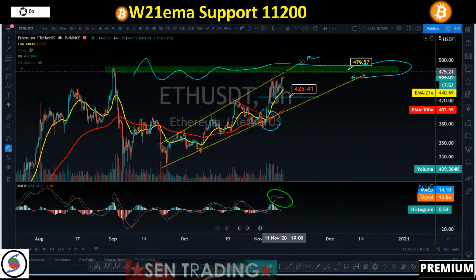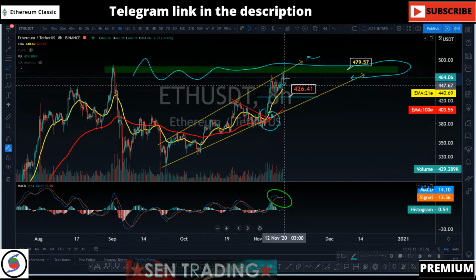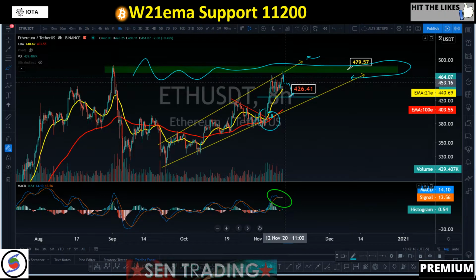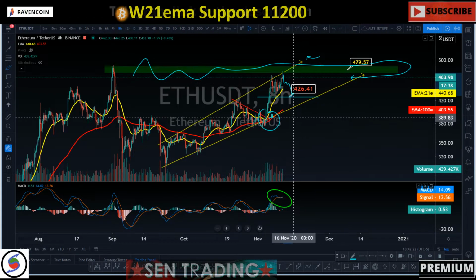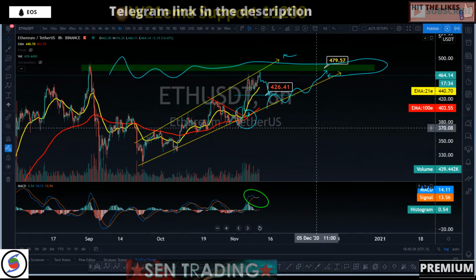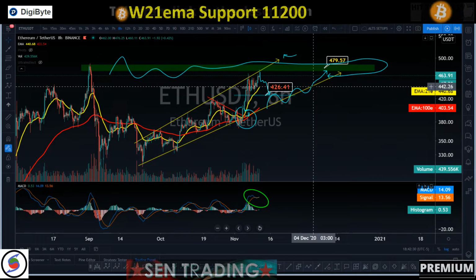So now we got a slight rejection, still looking okay. It could follow BTC and retrace down to the low 400 to basically mid 400 range, right? But it is still going to be bullish as long as we're basically staying above this trend line. You got to be cautious with Ethereum bulls, all right? They're looking very confident. They're looking for 10k and all of that good stuff.